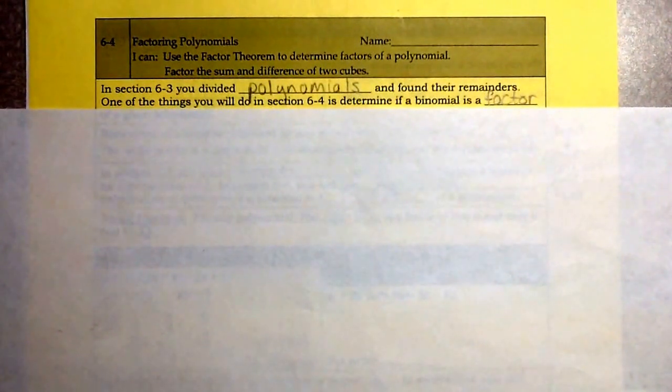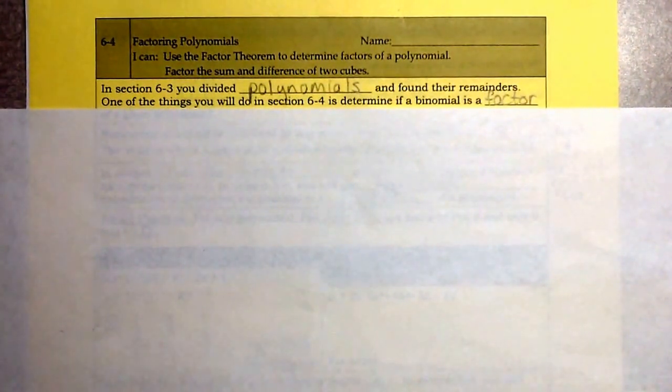In section 6.4, you're going to use the factor theorem to determine factors of a polynomial and factor the sum and difference of two cubes. In section 6.3, you divided polynomials and found their remainders. And one of the things you're going to do in section 6.4 is determine if a binomial is a factor